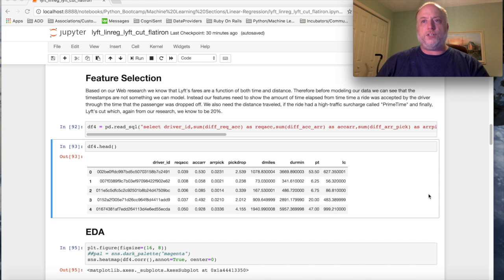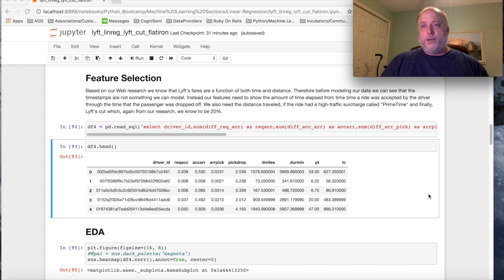Now, moving on to feature selection. The thing I would say about feature selection, this is where the modeling part gets interesting. You really need to be able to have some sort of domain or subject matter expertise if you're going to be answering business questions. So if we're going to be looking at what makes up Lyft's revenues, you need to know how Lyft calculates revenues, right? So in this particular case, we had to do some web research, which just pretty much consisted of